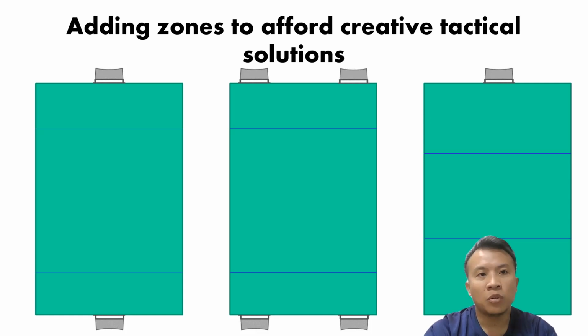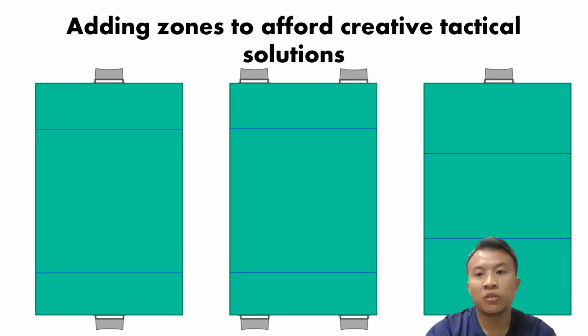We can also borrow zoning strategies, such as in netball, where we have thirds. So we can divide the playing area into three thirds, and then you can apply additional rules to encourage other kinds of tactical solutions. All right. So for instance, you can